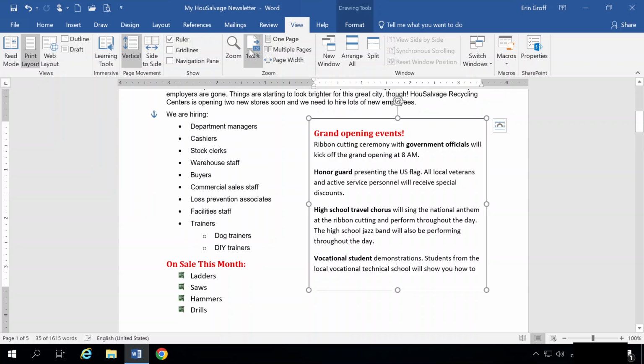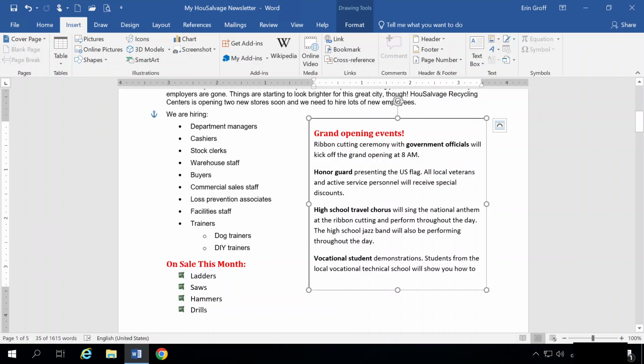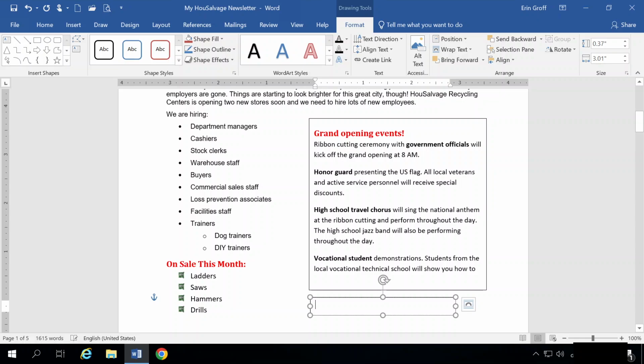Number 4, below each of the text boxes, insert another text box describing how the text flows. So on page 1, we're going to go to Insert, and we're going to draw a text box right underneath, kind of like a caption, but it's not technically a caption. We'll actually learn how to make real captions in Word. And we're just going to put continued on